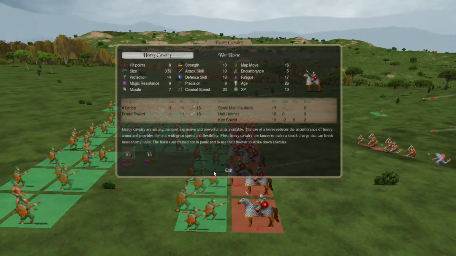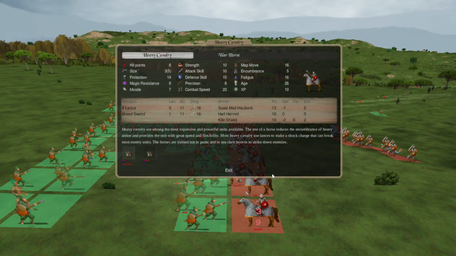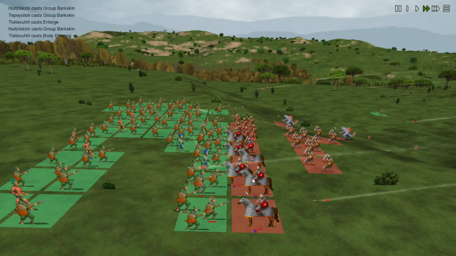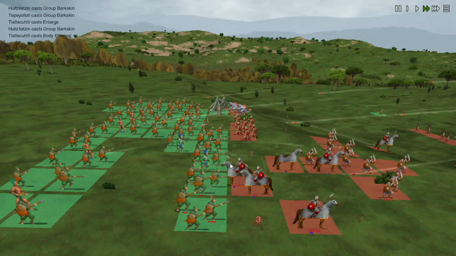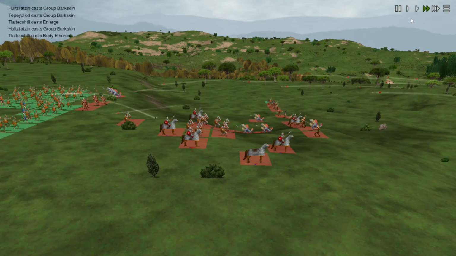They have some cataphracts up front. You know, cataphracts, heavy cavalry, or not cataphracts, these are heavy cavalry, the new heavy cavalry with the new T-posing horse. Wait a minute. Did that say what it...